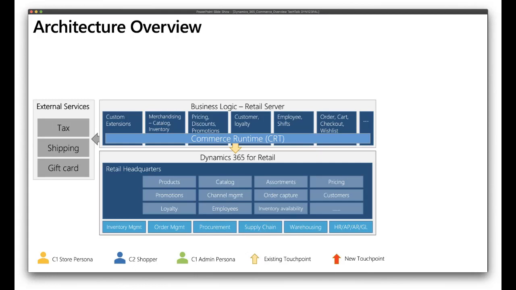So if you want to work with a third-party taxation solution, say like Avalara, or a third-party shipping solution like UPS or FedEx, or a third-party gift card solution, you can do that. It gives you one centralized place where you can create these extensions and then use them across a range of channels. So one centralized place to invest in customization and extension, with reuse across all of